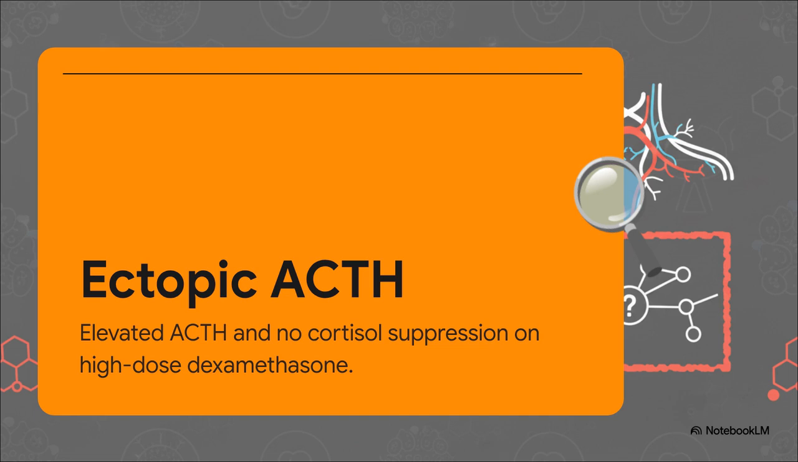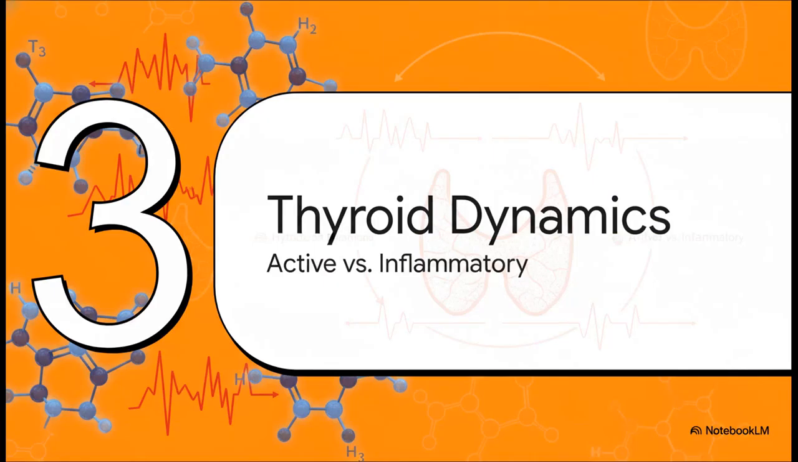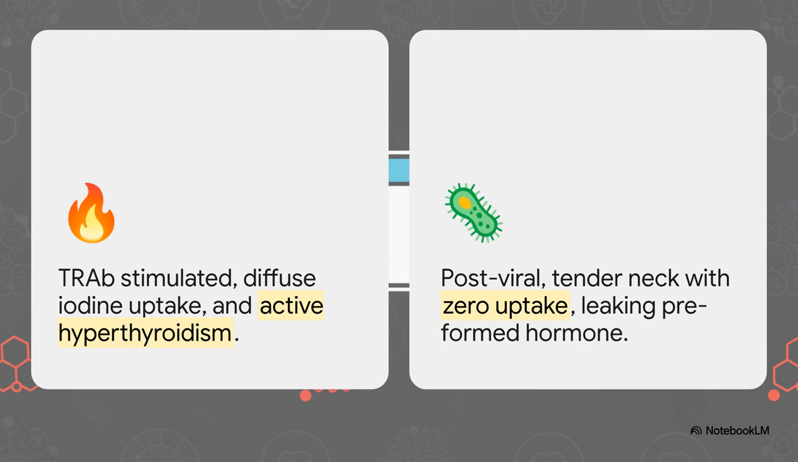It's a perfect example of how relying on physiological feedback loops literally dictates your anatomical imaging. Into thyroid dynamics. Let's shift our focus to the neck to separate true hyperthyroidism from acute inflammatory states. Look at the stark contrast here. Graves' disease is an active